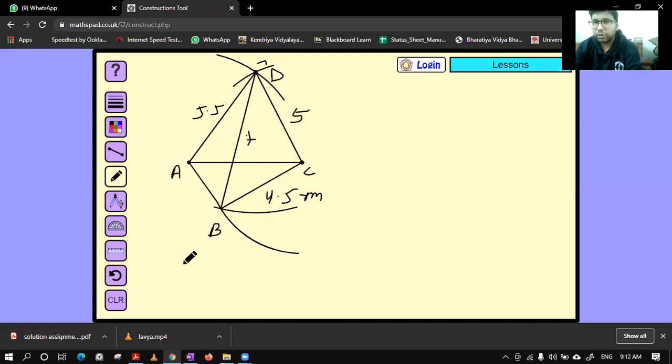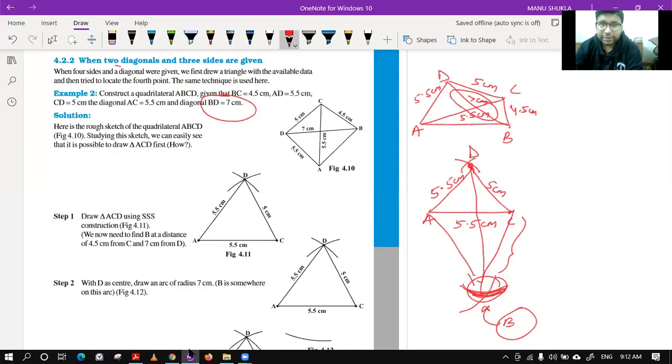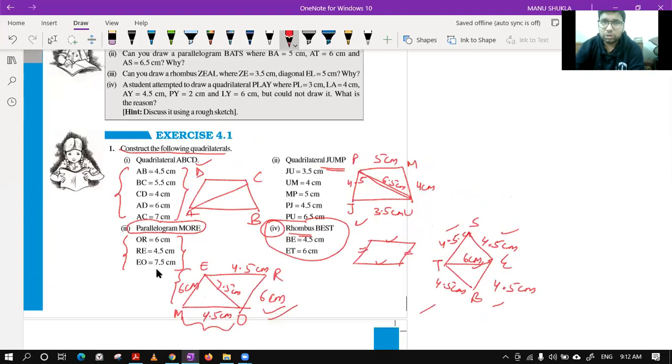Class, is this question clear to you? How we constructed this one? Please confirm. We knew 3 sides and 2 diagonals in this question. Is this clear to you how we made this diagram? Okay. It is very easy. The first topics are very easy. The next one will be requiring some angles. There we have to be a little bit careful, but these two are simple. Your homework today is to complete this exercise 4.1. Let me stop the recording.